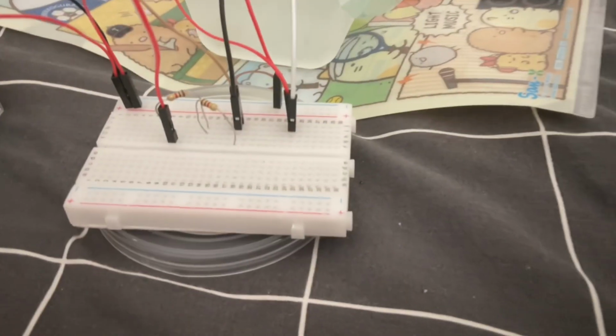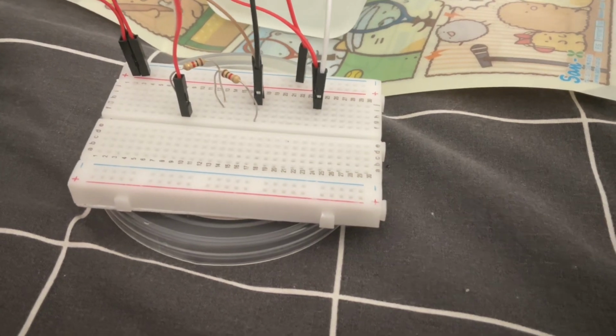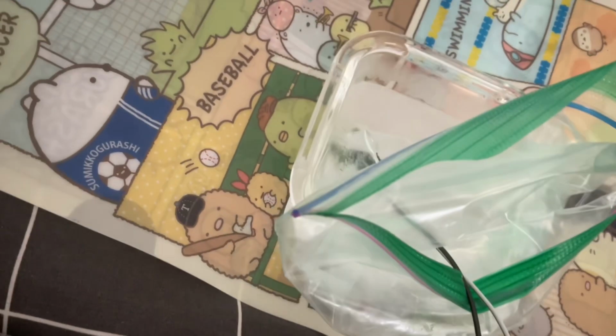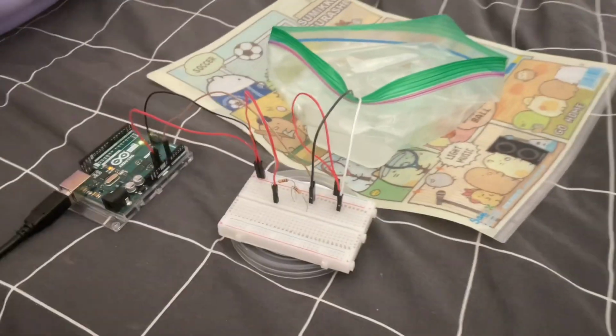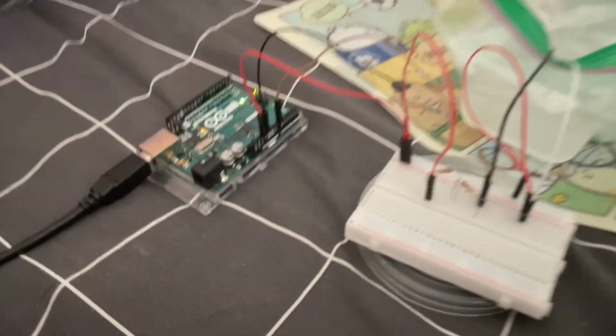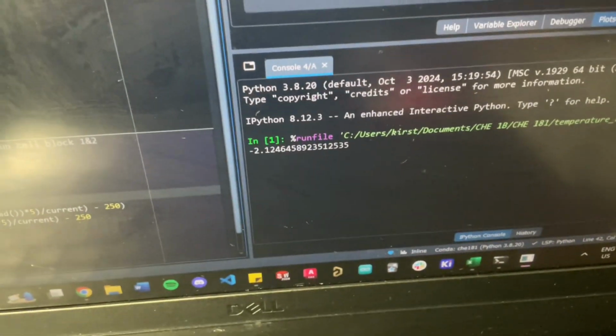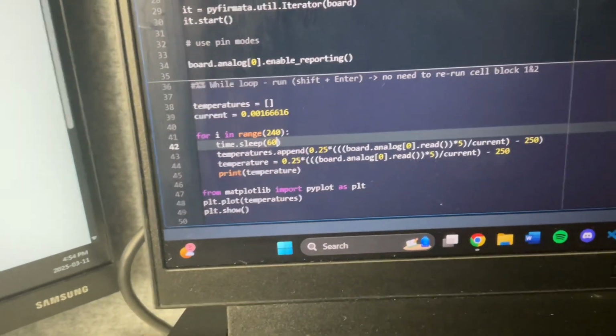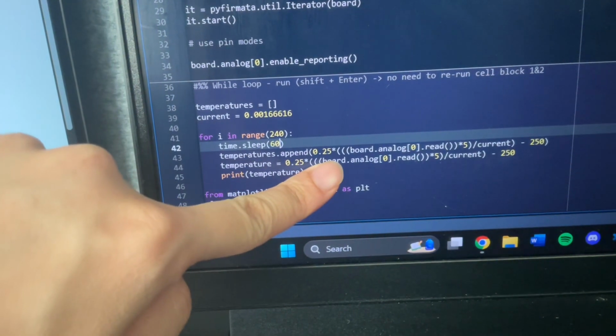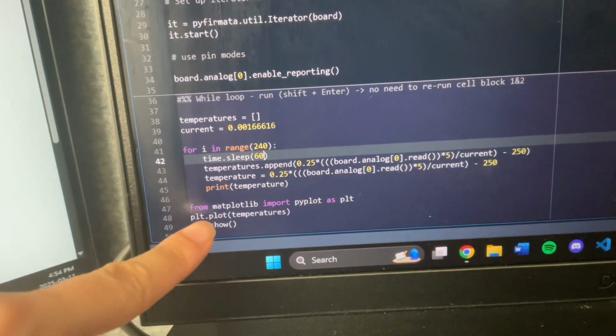I just put the male pins over there where the circuit was kind of open before. And they're connected to the RTD, which is safe in its plastic bag. Don't worry, it's not touching that salt ice. You can see the connection straight to my laptop, and there we go, our first reading, about -2 degrees. And this is the code. It's basically giving us the voltage value. However, we want to convert it to temperature, and that's exactly what this equation is doing. We're plotting it,